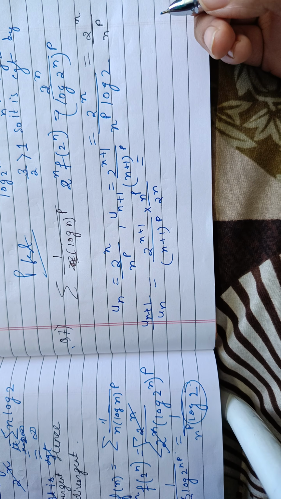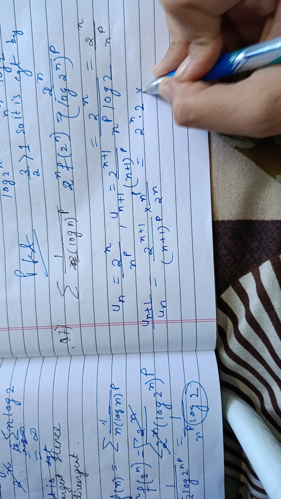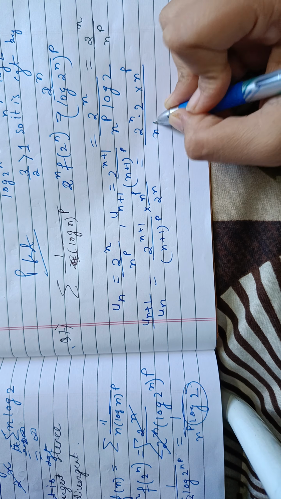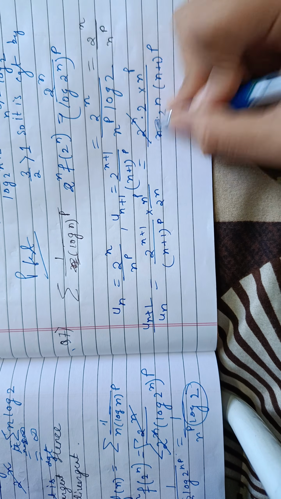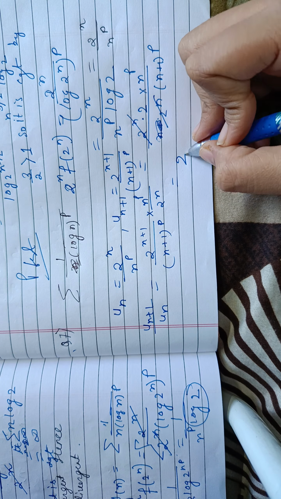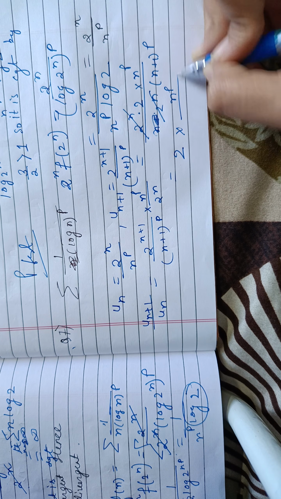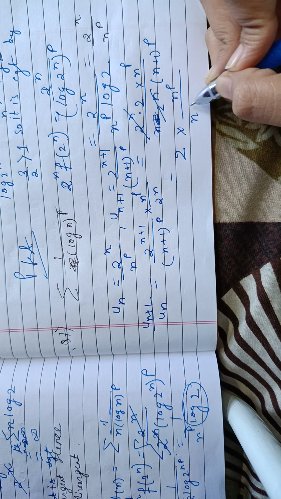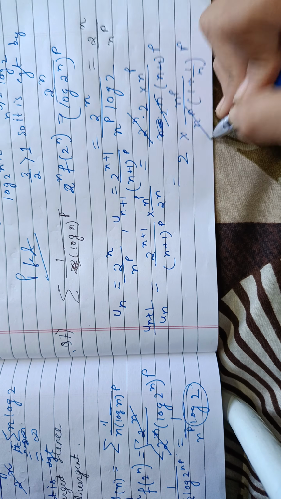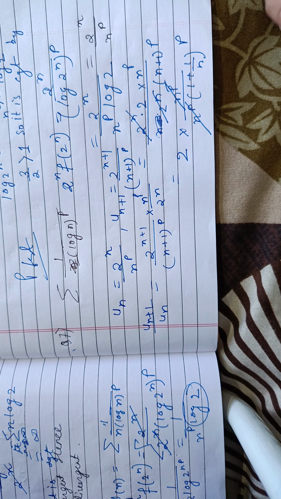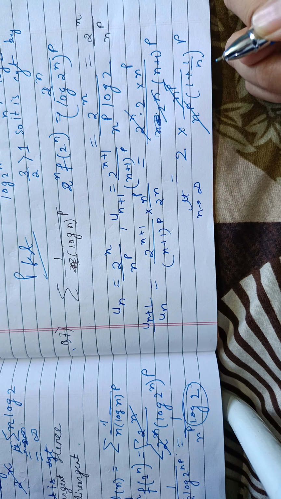ओके, इसको और सिंप्लीफाई आप किस तरह से कर सकते हो? 2 to the power n into 2 इंटू एन टू द पावर पी अपॉन एन प्लस 1 whole p into 2 to the power n. ये कैंसिल हो गया, इधर 2 बचेगा एंड दिस विल बिकम n to the power p, and I am taking n to the power p common from this side. I will get 1 upon 1 plus 1 by n, whole to the power p. This will get cancelled. Okay, if I put the limit n tends to infinity,